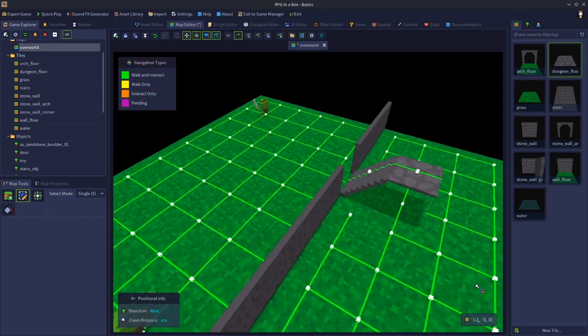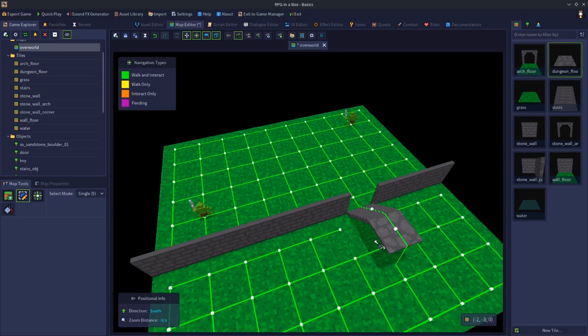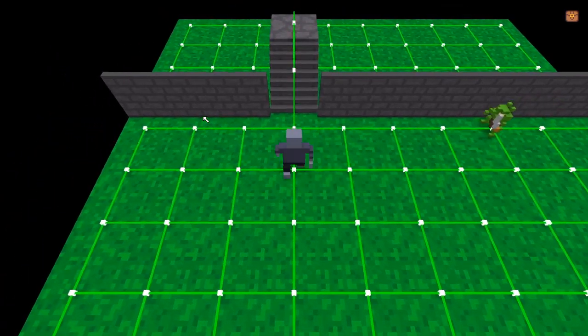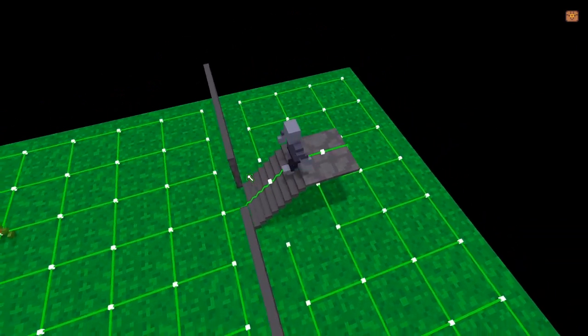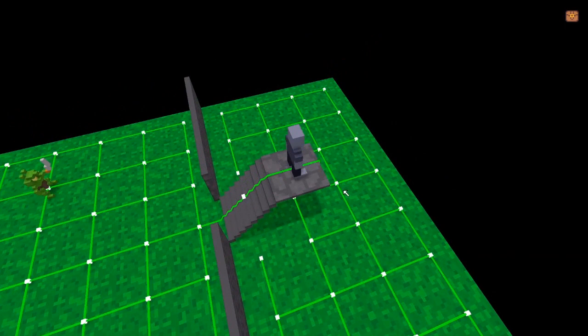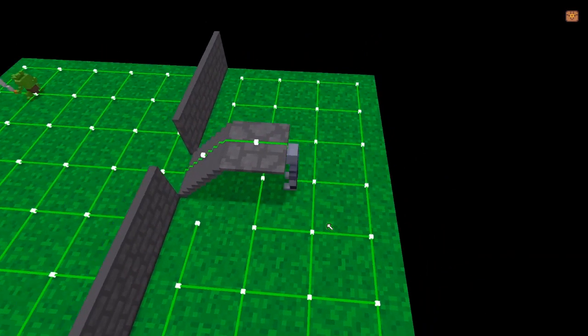If we also had this line here that's going through, then that means we can also walk underneath. Okay, so if we now save and play test this, we preview with the navigation, you can see that now because the line is going up the stairs, I can now go up the stairs instead of going through them. And also because there's a line now that goes this way and off, I will drop off the